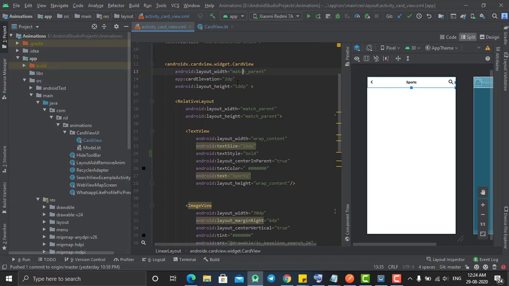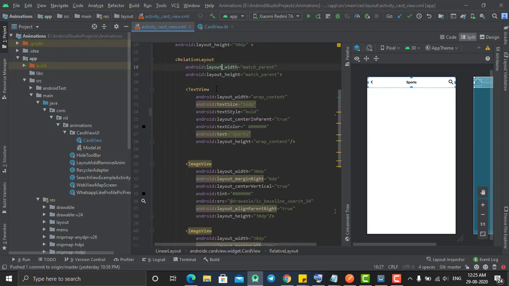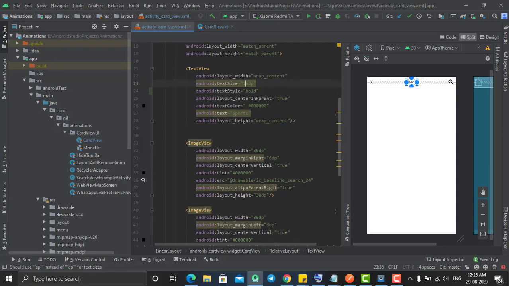So I used a CardView layout, and I have given height as 50 dp. The default action bar has this height, and I used the same here. Inside that I'm using a RelativeLayout so that I can arrange these icons as well as the title as per my sequence. And the title I have given centerInParent, so it sits in the center of my RelativeLayout.